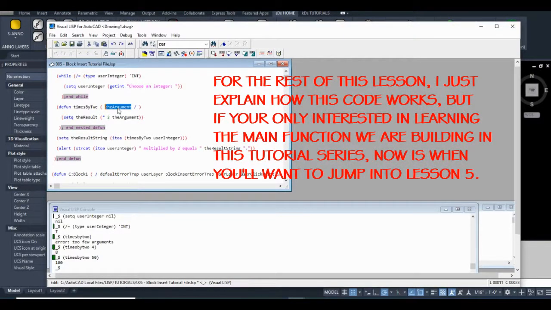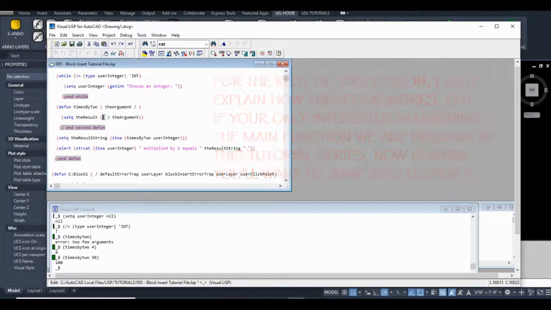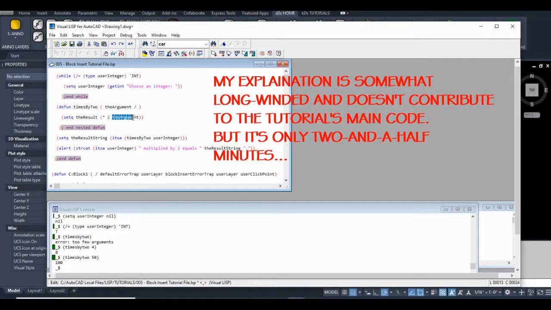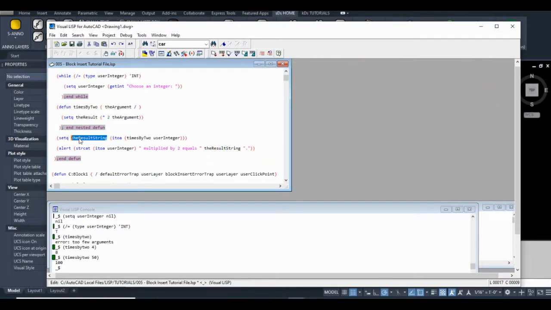You don't have to understand this quite yet. I just want to give you an introduction of what we'll be working on. So of course, it sets the result, it times 2 by whatever the argument is, and that completes the routine. So that routine's not doing anything yet, it's just constructed for later use. So sure enough, I set a variable to the result string. This function here just changes the integer that I collect from this into a string, because I want to combine that string into that alert box. This last line here is just an alert function,